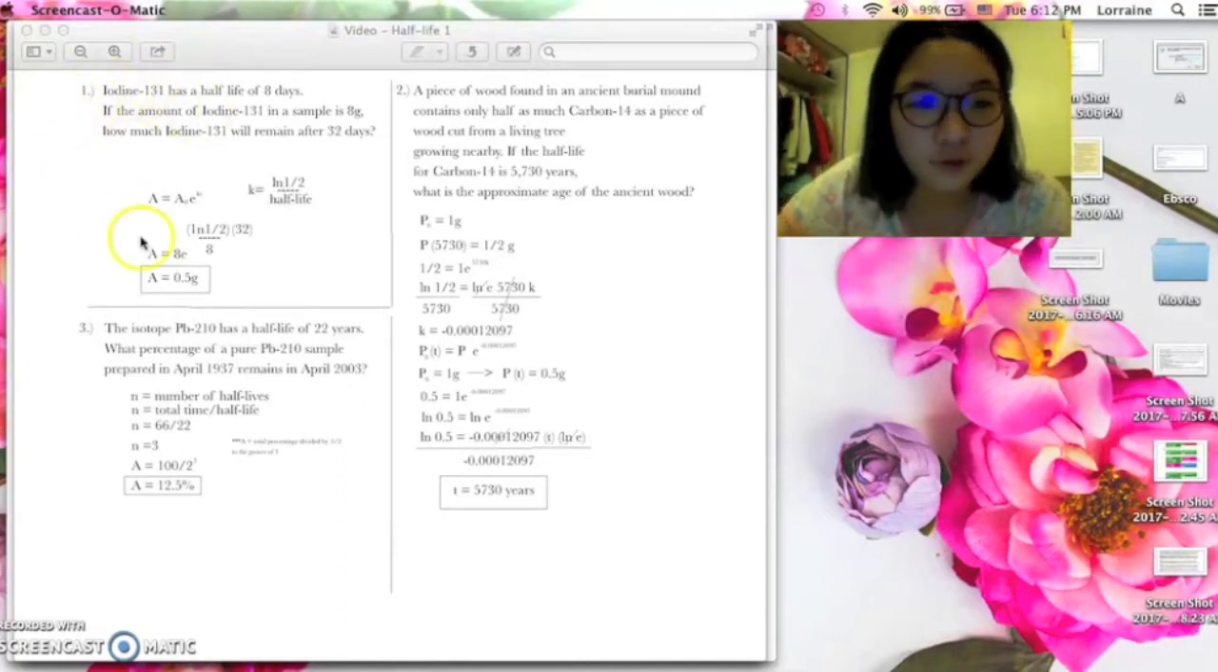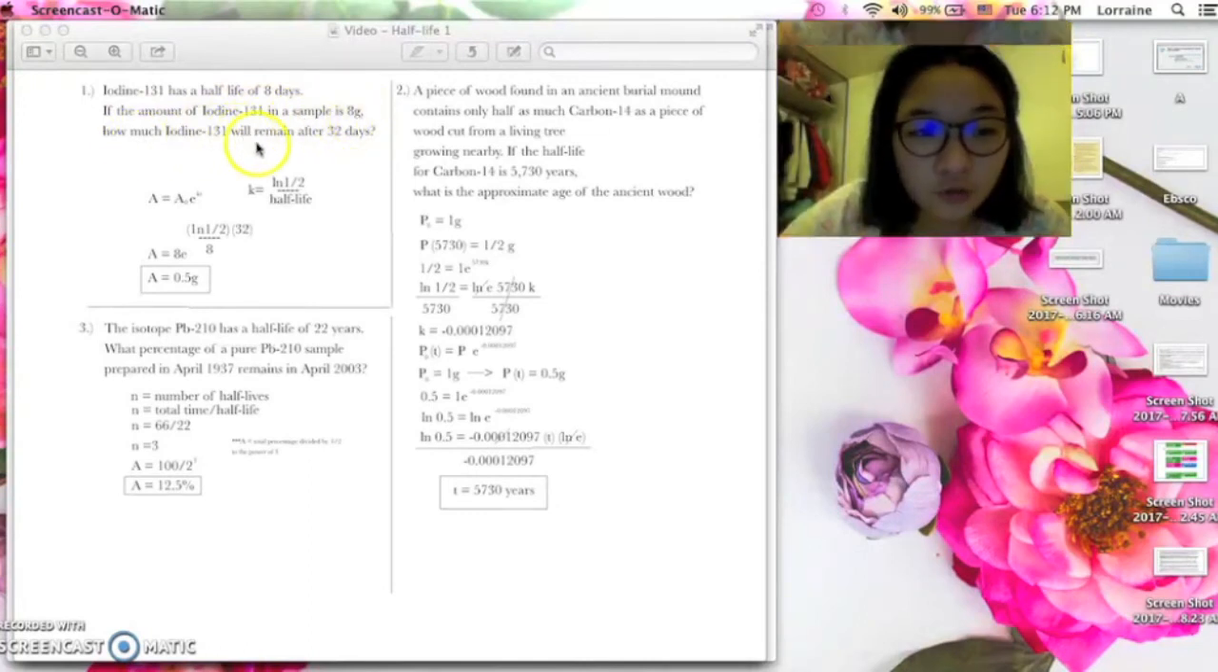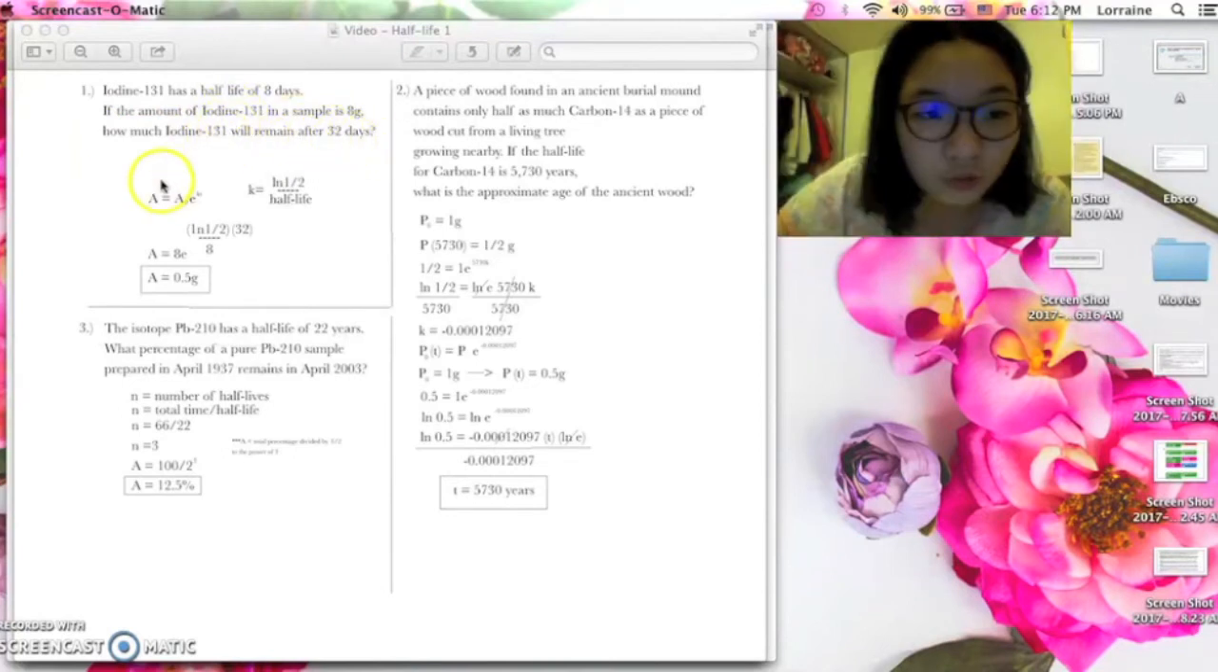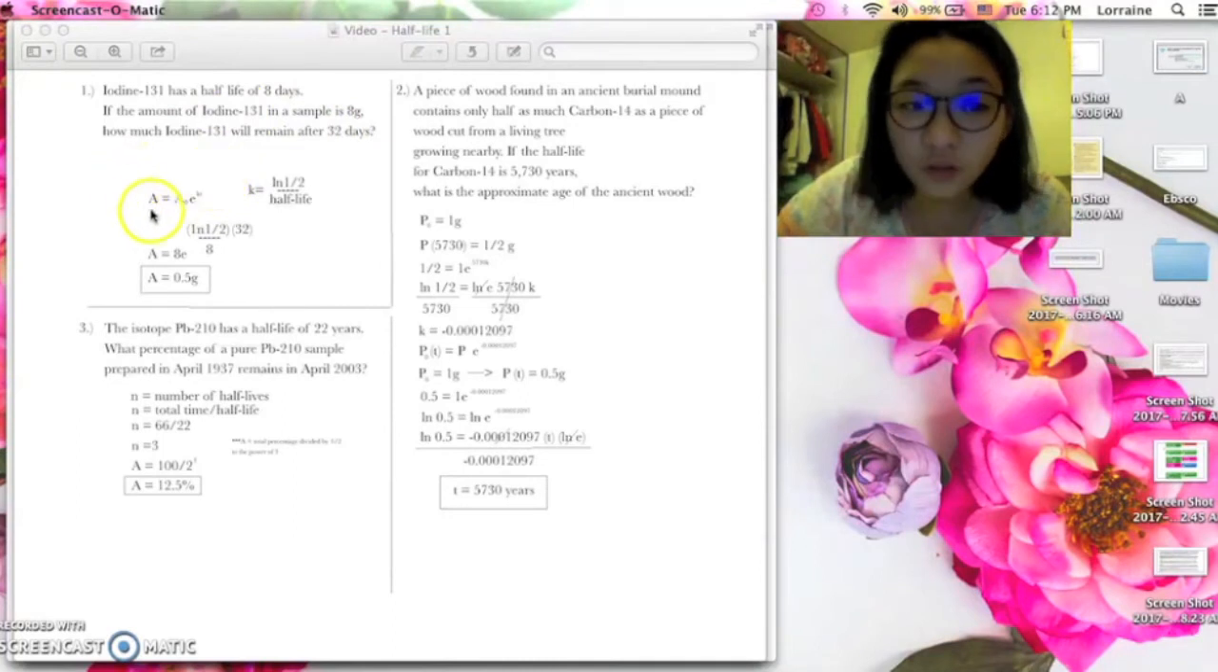So for our first problem here, iodine 131 has a half-life of 8 days. If the amount of iodine 131 in a sample is 8 grams, how much iodine 131 will remain after 32 days? For this problem, we will be using the radioactive decay formula, which is A equals A sub 0